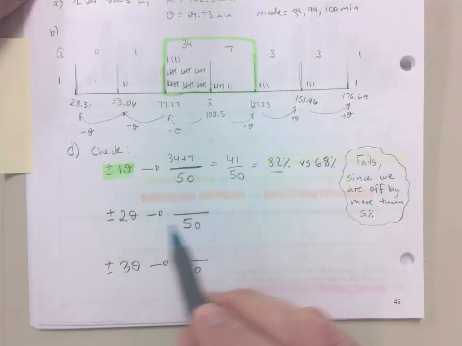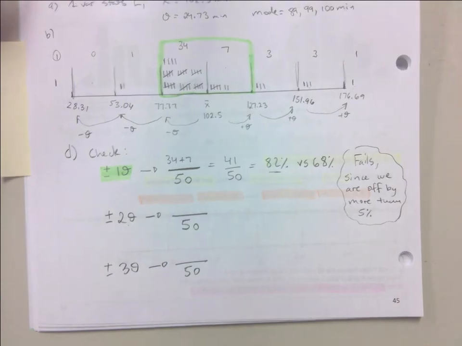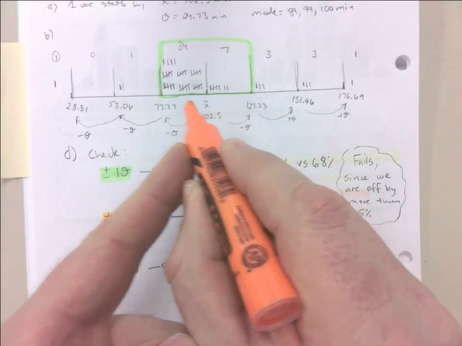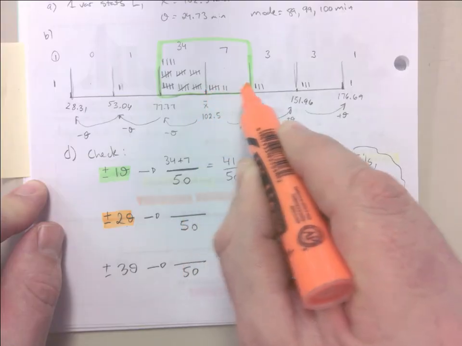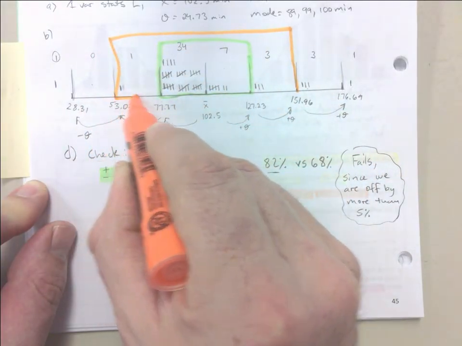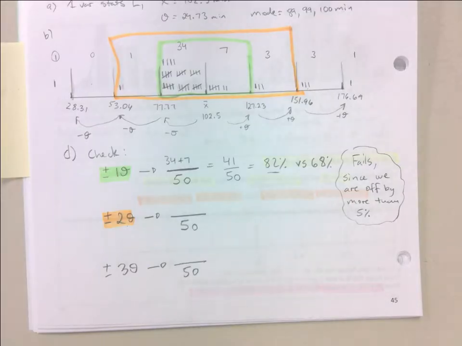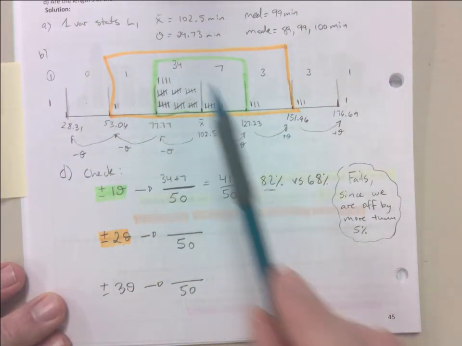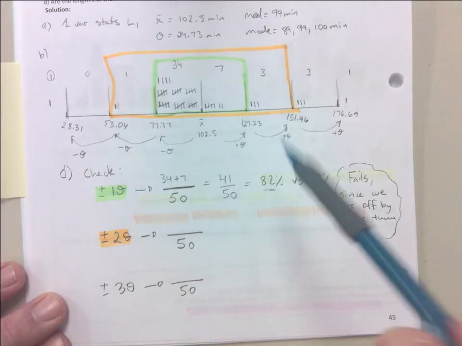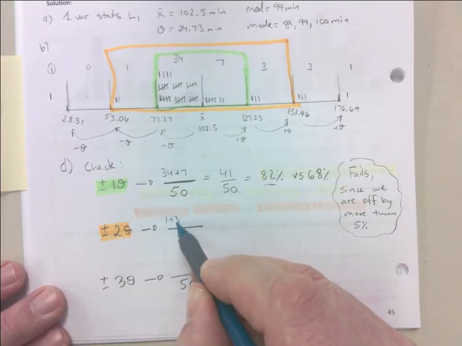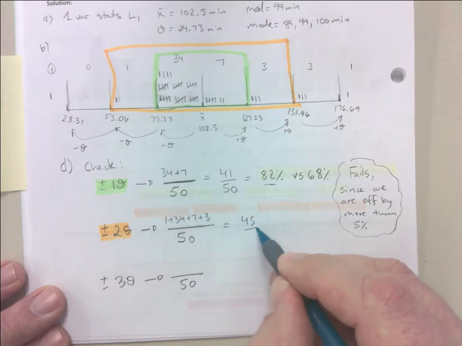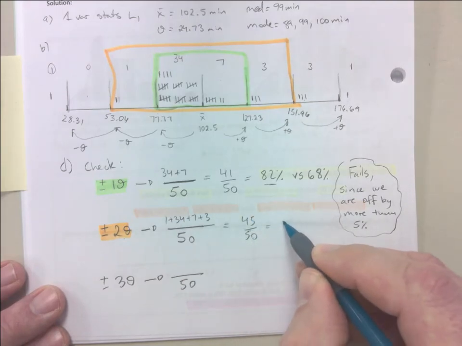Can we keep checking? So if 2 standard deviations, I'm going to use a different color. Let's go orange here. 2 standard deviations from the mean. I'm going back 2 and over 2 to the right. So I'm actually interested in all of the values that are within 2 standard deviations. And that would be, this is 41, we know that already. So just add 1 and 3 to it, but I'm going to show you the whole thing. 1 plus 34 plus 7 plus 3. That ends up being 45 out of 50, which is 90%,